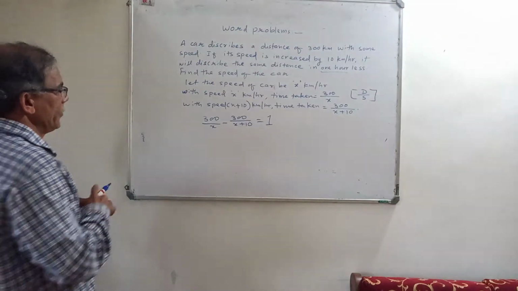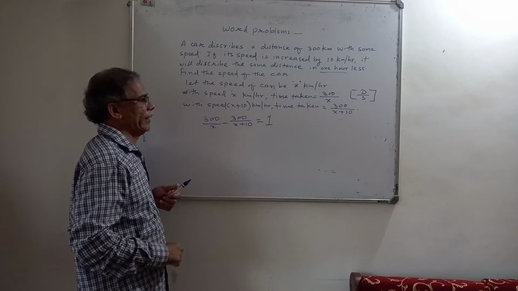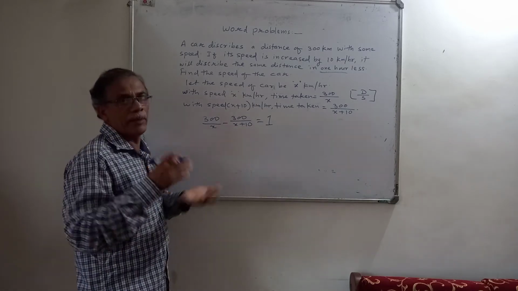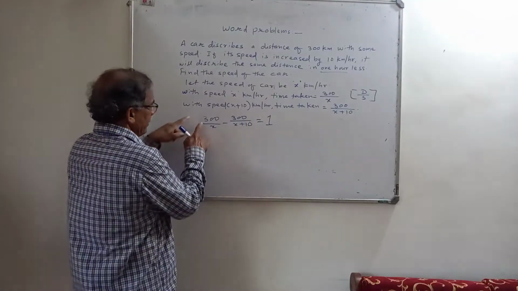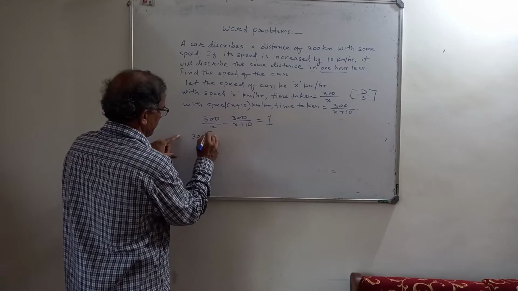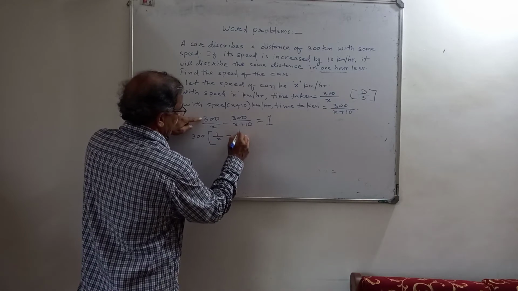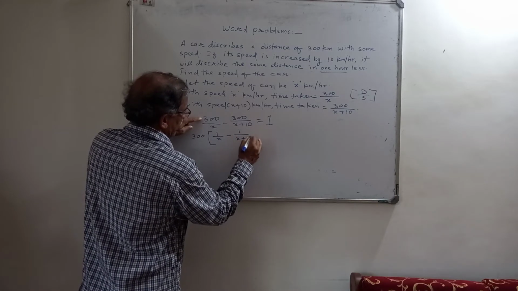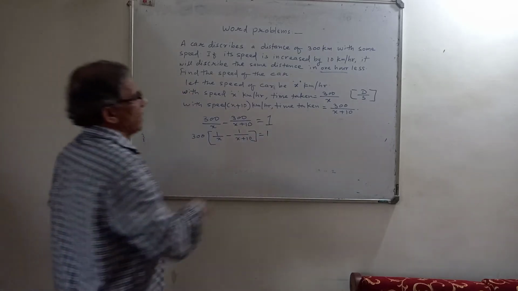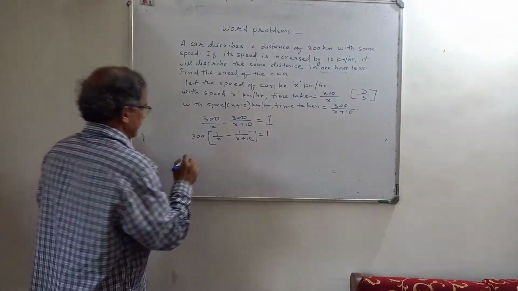Now here you have different denominators. Naturally, to make a common denominator, you are going to cross multiply, no? But here you don't cross multiply, because 300 into 10, some big number, will be involved. So instead, in the numerator, you take that 300 common from the numerator. Here it will be 1 by x minus 1 upon x plus 10 should be equal to 1. Without writing this, you can directly come to this equation if you know. Then 300.